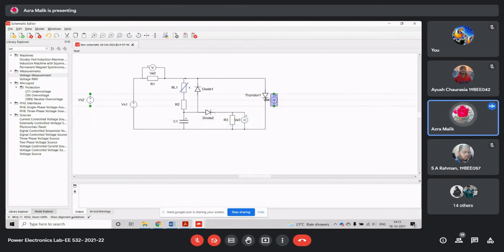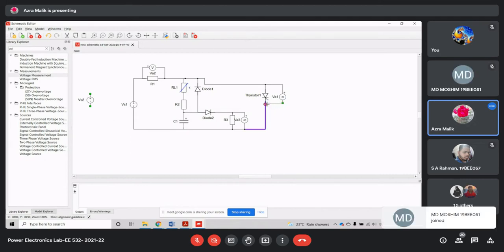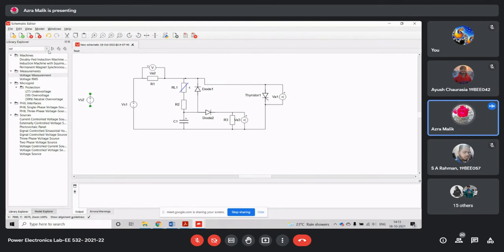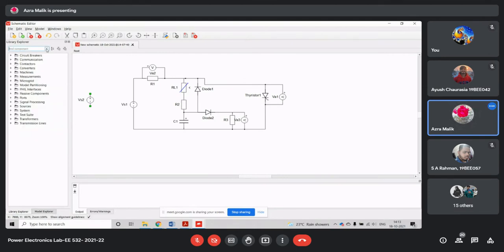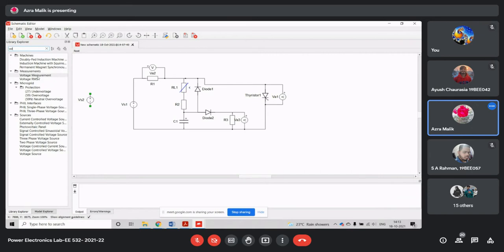This voltage measurement unit will be VA1, which can be connected to this thyristor. And we need a voltage measurement unit for this VS2, directly connected here.